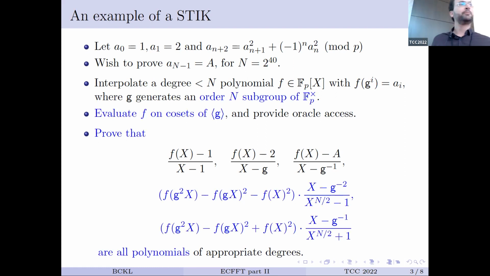And now highlighted are all of the parts where we actually use the FFT friendliness of this field. So the fact that there is such a subgroup for n equals 2 to the 40 is the FFT friendliness. We want it to be 2 to the 30 so that we will have the quasi-linear interpolation and evaluation of the FFT. Even writing down these vanishing polynomials succinctly uses the properties of the subgroup, the fact that we can have this n half there, and all other kinds of periodicity that we might have use the structure of the subgroup. And the algorithm that we use to prove this thing also relies on the FFT friendliness.